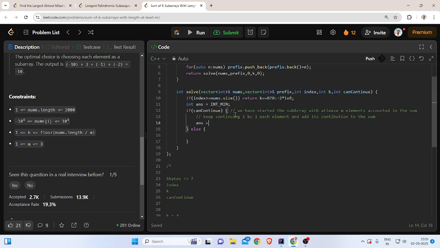So I will have an answer which we are minimizing or maximizing, and we are adding nums of index contribution. Since we are adding one by one contribution of each element, nums and prefix will stay same, index will increment, k will stay same, we have not ended it yet, and can continue will stay same, right? The next thing is we can stop here, we can stop right here,